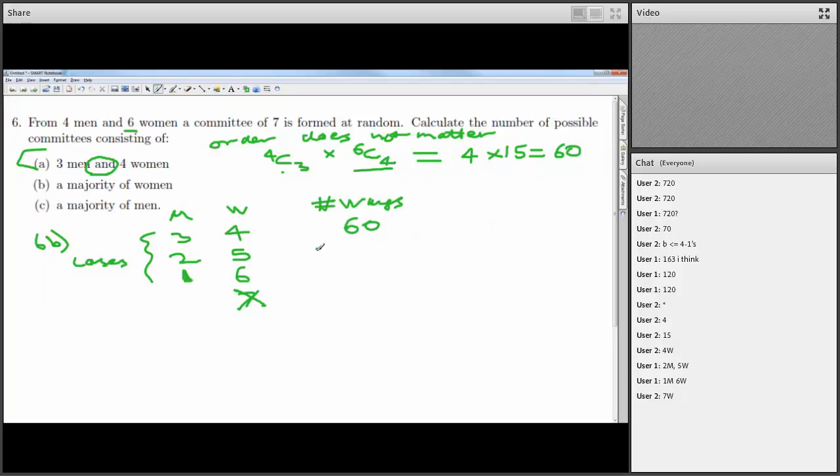So we want to have 4 choose 2, so I want to pick 2 men from the 4, and it's the same sort of approach. Out of the 6 women, I want to choose 5 of them, and I'm going to work out the number. And for the last case, what would it be? Maybe you guys can tell me. How many different ways are there for this last case over here? So we have 1 guy and 6 women.